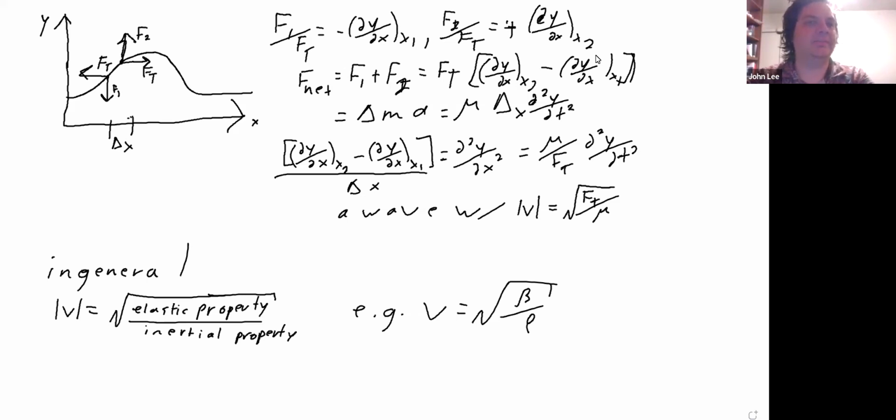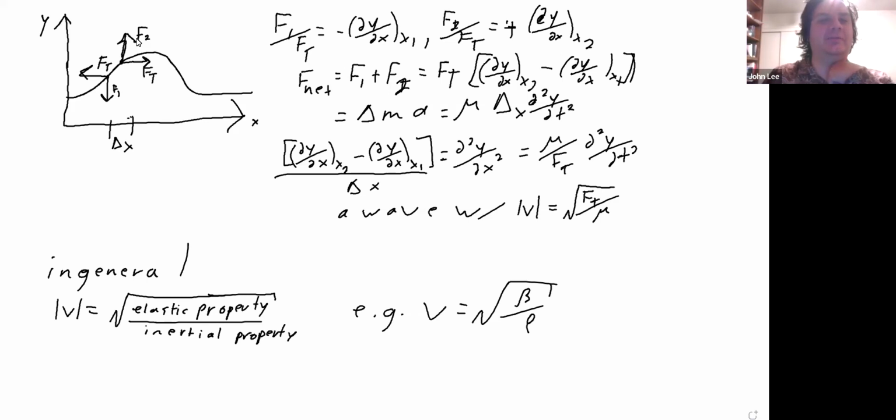you find that between some delta x, there's going to be tension force pulling to the other side of the string that's going to be equal to each other. And then there's going to be some force pushing up and some force pushing down, which aren't going to be equal to each other. But the ratio of F1 over Ft and the ratio of F2 over Ft, where Ft